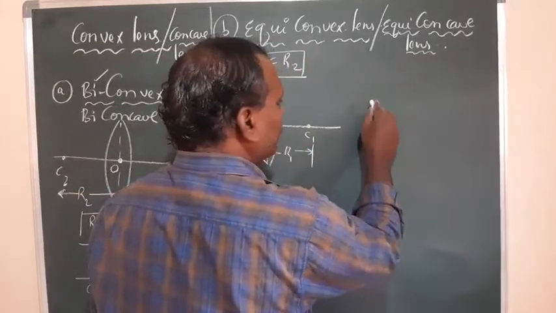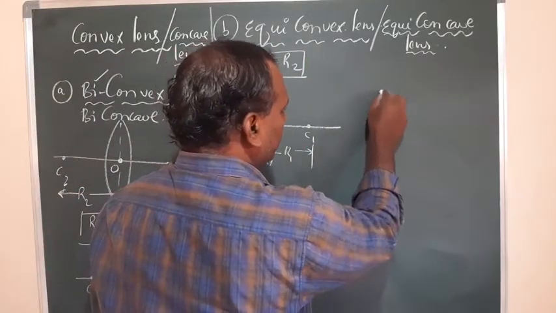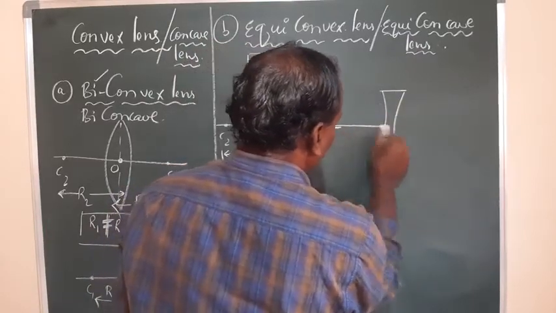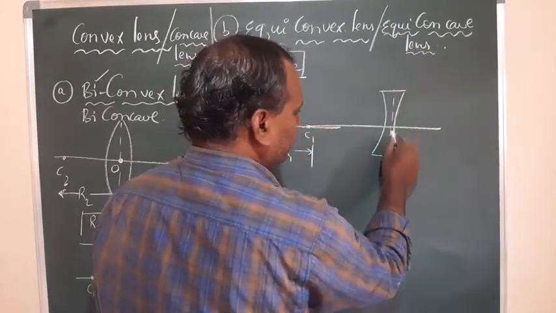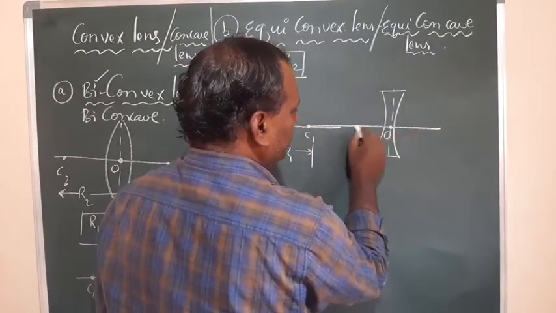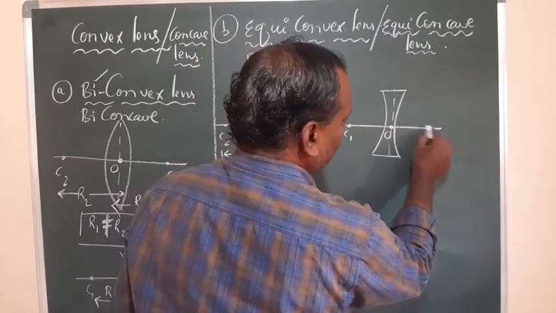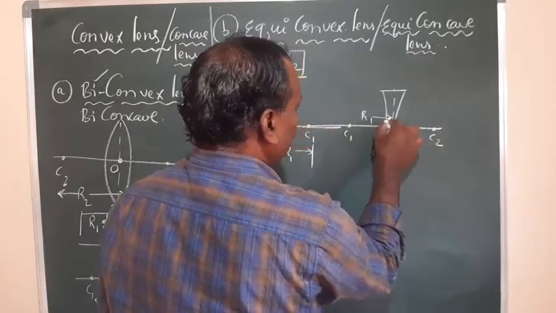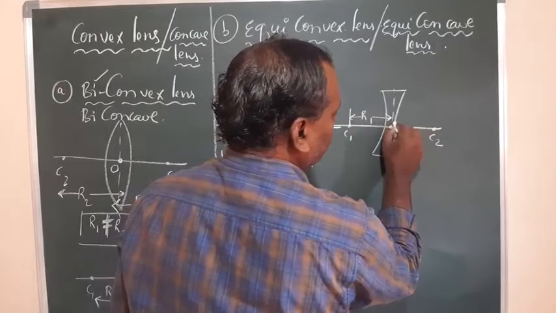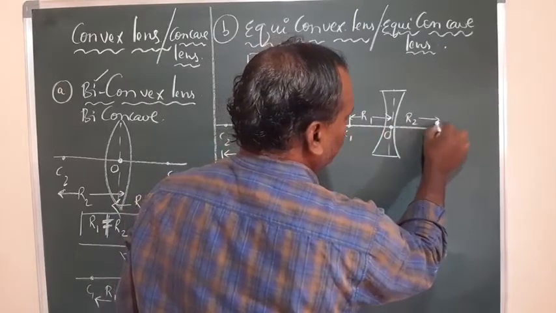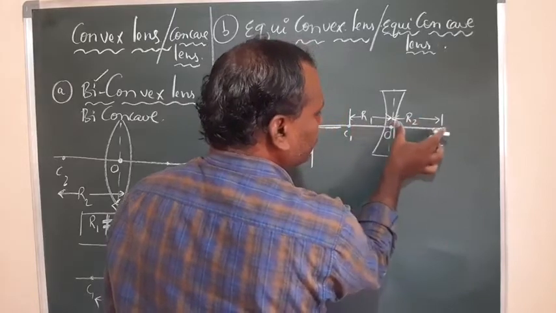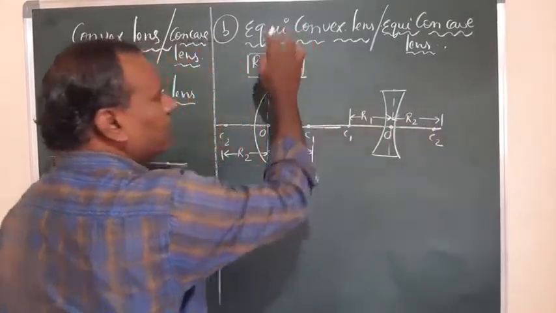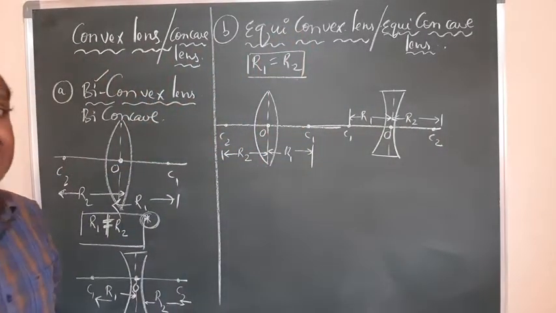Right. Similarly, if you go for the concave, this is a concave lens. I am extending this, let it be the principal axis, which is intersecting at the optic center. For this curve, the center of curvature is C1 here. For this curve, the center of curvature is C2 here. C1 to O, that distance is the radius of curvature R1 for the first curve. For the second curve, the radius of curvature from optic center to C2 is R2. These R1, R2 distances are equal. This is convex, this is a concave lens, but the radii of curvature are equal. Then they can be called equiconvex or equiconcave lens.